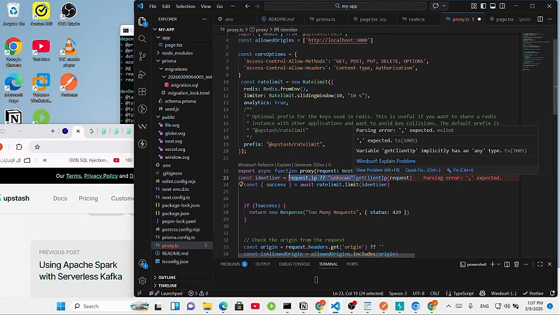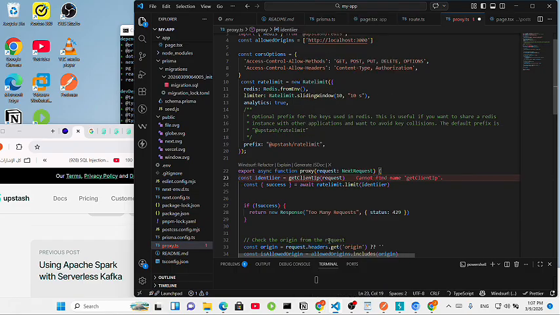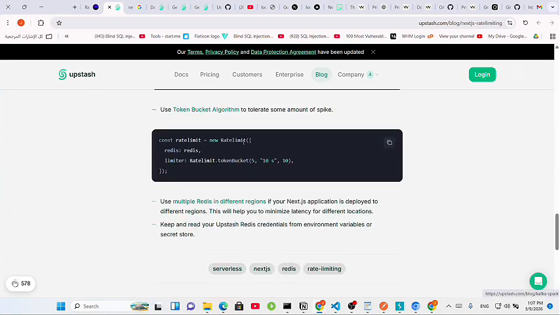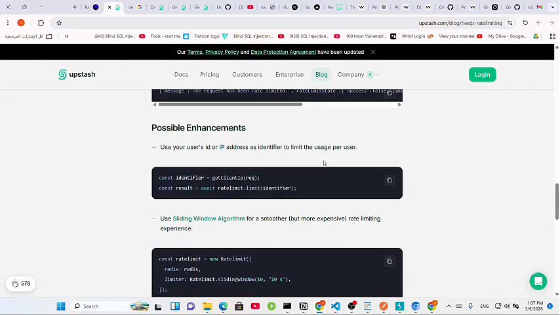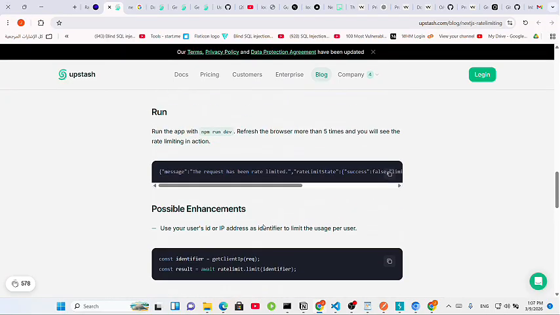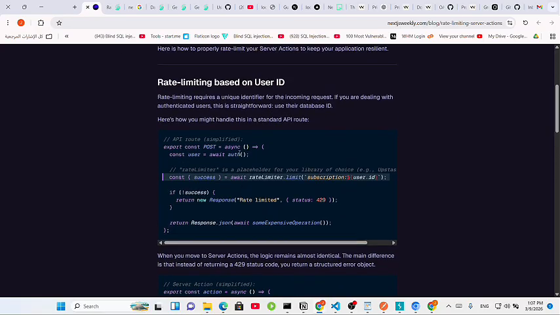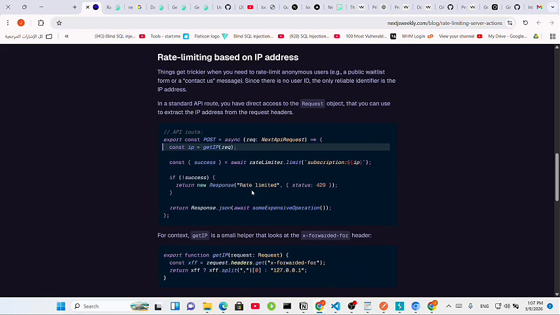Get client ID. Let me see if we can actually remove this one for a minute. Cannot find the name. Okay, I think we need to find a way to extract the IP address from the request. Let's see here, server actions, how it is done. Yeah, we did this one. We did this one as well. Get IP, but